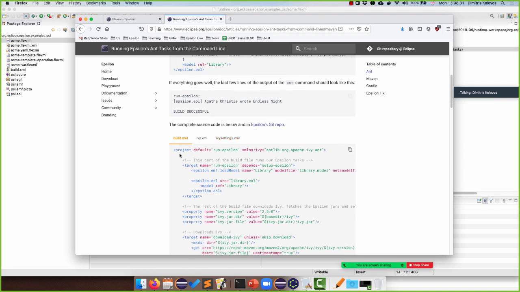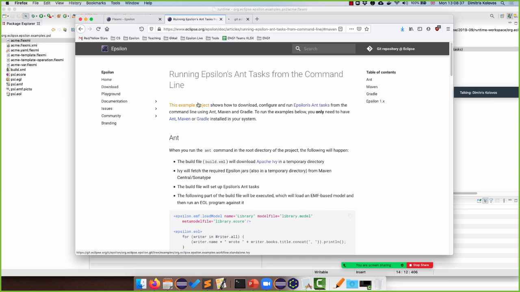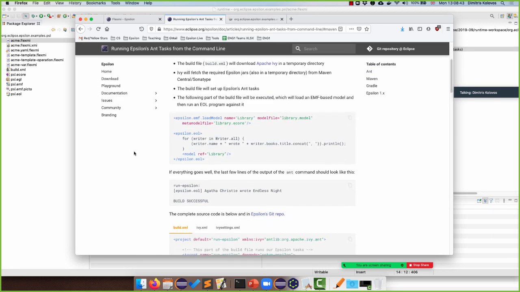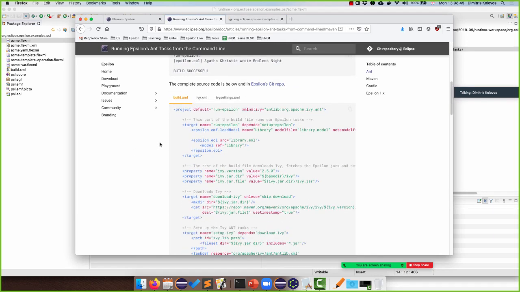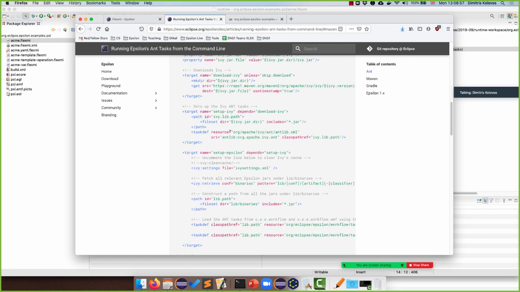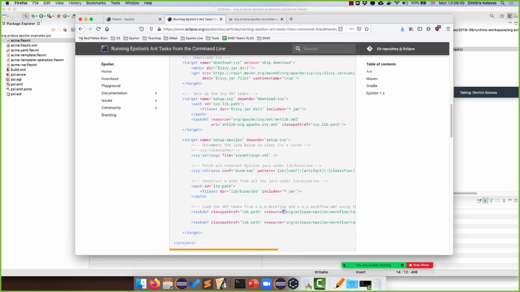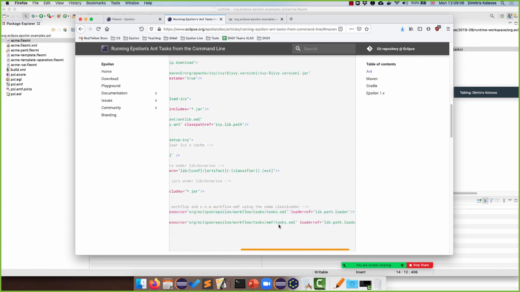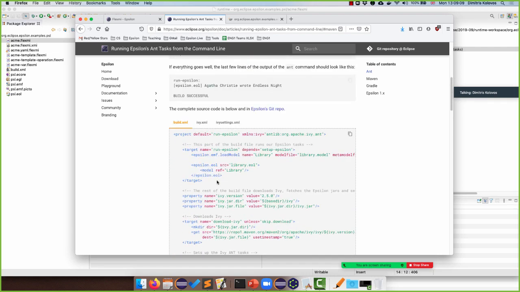Now, what is possible with the latest version is we have an example project under examples that contains a build file that is truly standalone. It uses Ivy, which is another Apache project, in order to fetch all the Epsilon libraries from Maven Central. Then it does magic and it installs the tasks. It makes the Epsilon tasks known to Ant, and then you can run Epsilon just from command line. So if I go to this